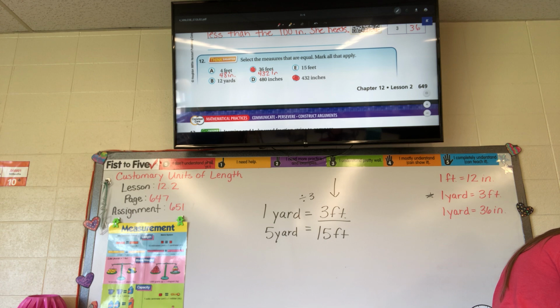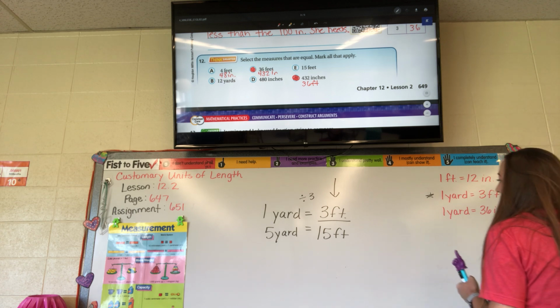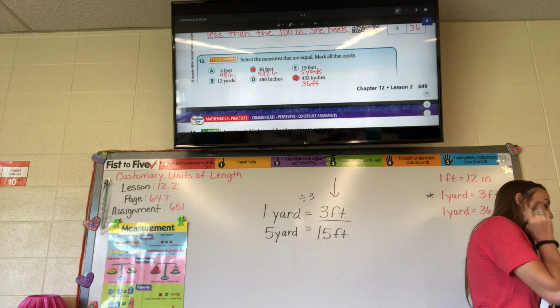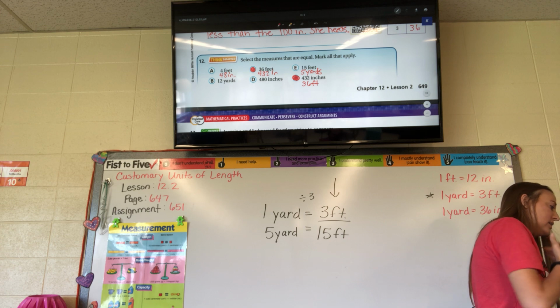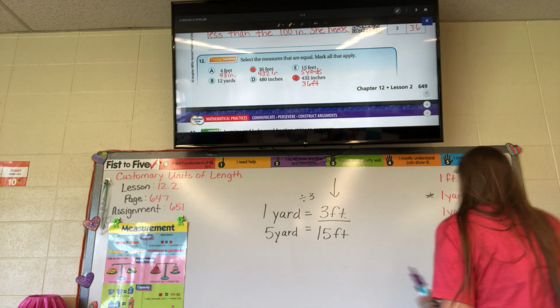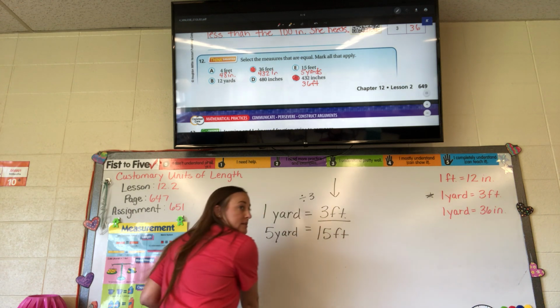432 inches is the same as 36 feet. And then 5 feet is the same as 15 feet is the same as 5 yards. And then we have 12 yards and 480 inches. So,